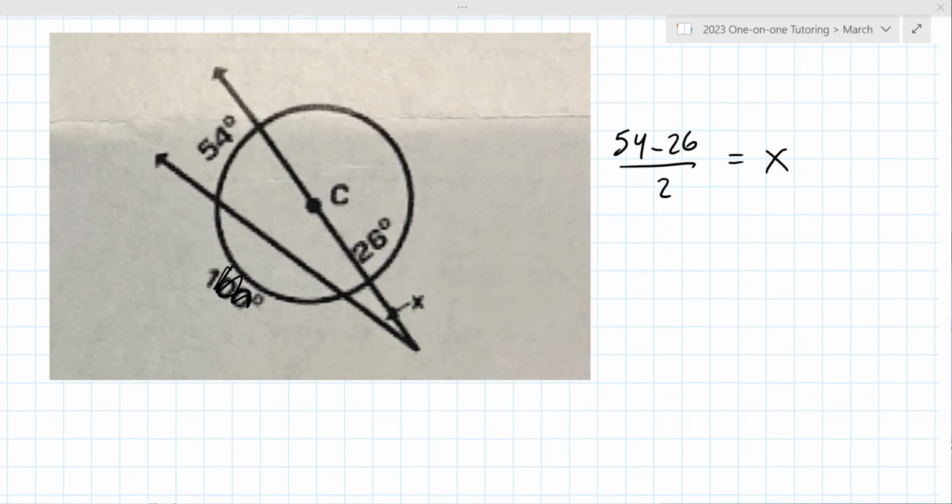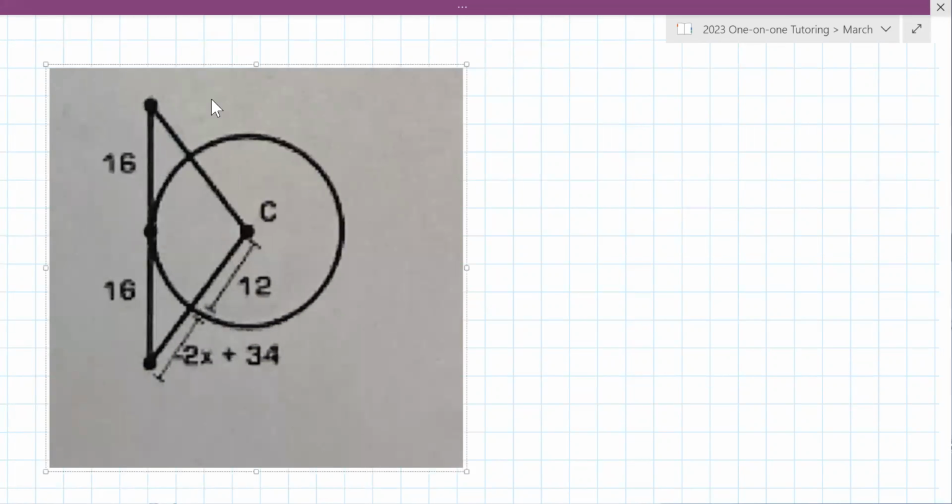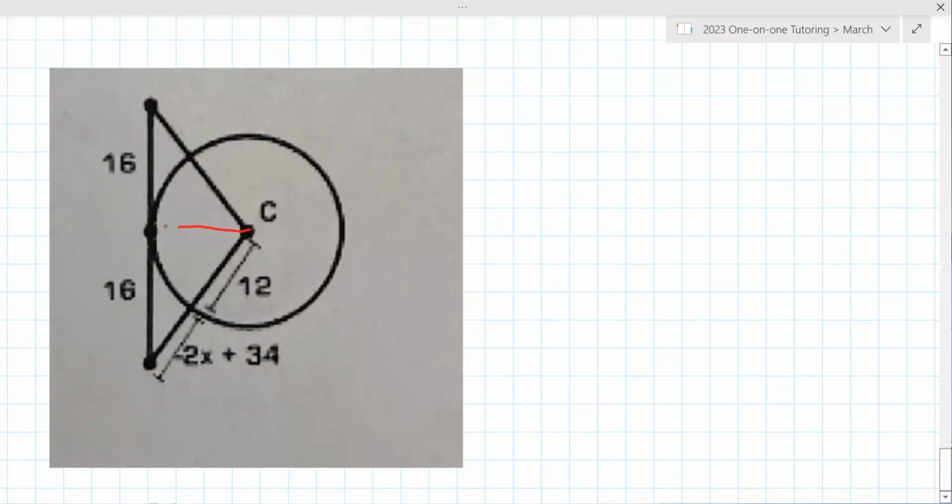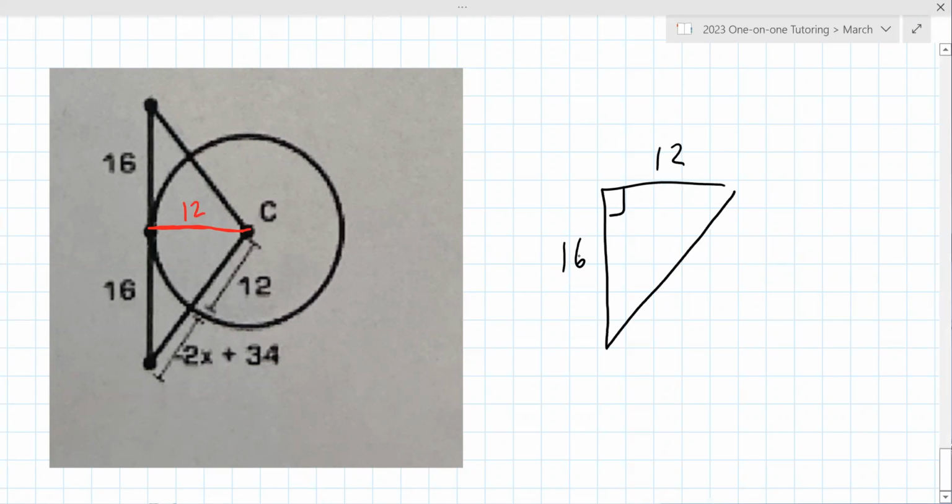Sir Bedivere. All right, for the last one here, an additional line would help to solve this. So if I add this red line in from C to the edge, that's a radius. What's the radius of this? 12. That's right. And it might be worth redrawing it off to the side here, where this is 12 and 16. I want you to find C.